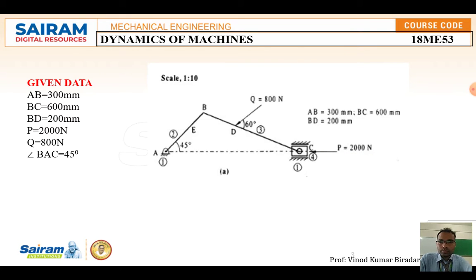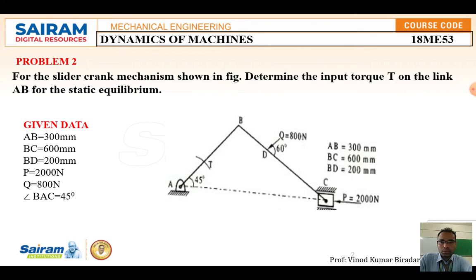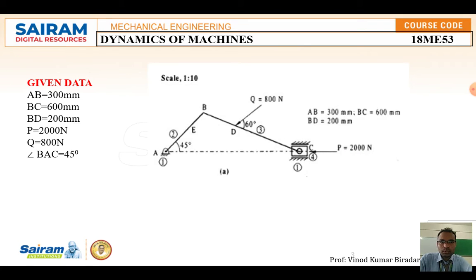Once you redraw this diagram with the actual scale, here again I have drawn it with the actual scale. AB is what you get by dividing by the assumed scale, that is AB equal to 300 by 100, which gives 3 mm. Keep your compass at point A, the normal point. On that point you have to cut an arc with an angle equal to 45 degrees.